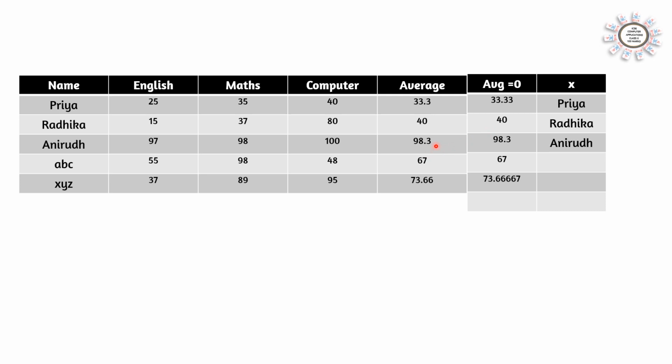And then the third student 98.3. Again AVG is less. That means the particular student's mark will go to AVG and the name will go to Anirudh. And for the next two students, AVG is not less than their marks, so no change will take place. So like this, all the 40 students' marks will be compared and the highest mark will go to AVG and then the particular name will go to X. After that, we can print the name of the student who got the highest mark and the particular name.